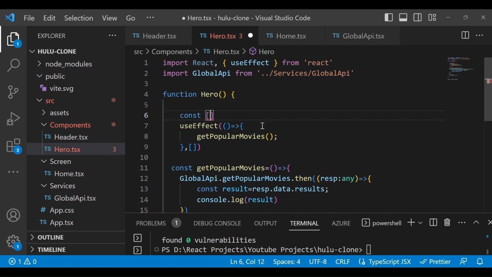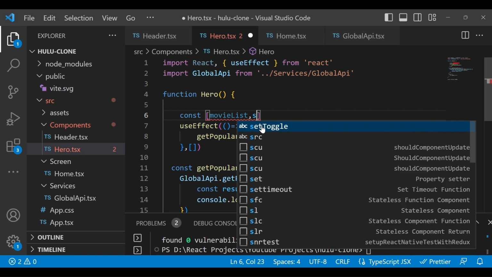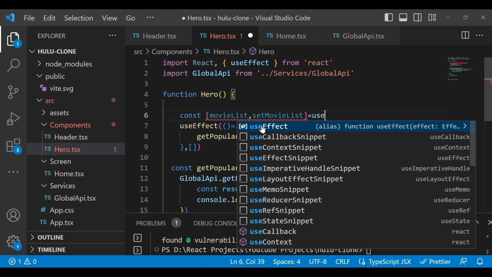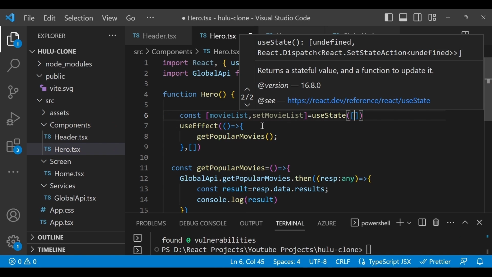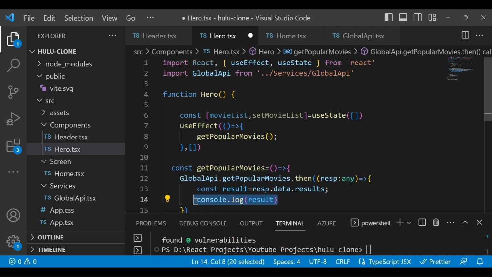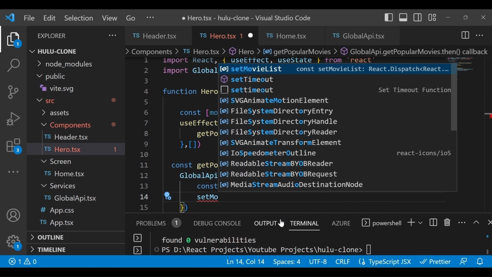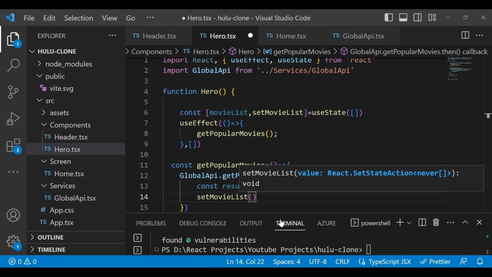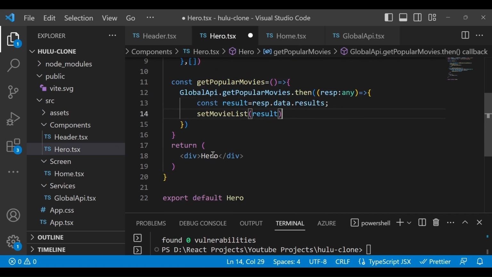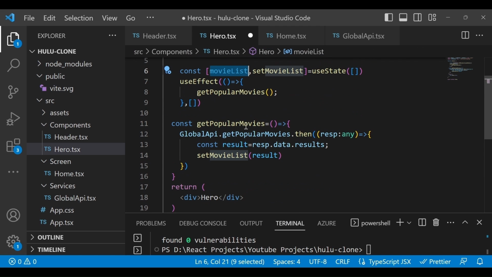I will say movieList, and setMovieList, to set the list of movies, and by default I will pass it as an empty array. Here we'll remove this console log. You just need to set the movie list using setMovieList and the results. That's all. Now our movieList contains the list of all the movies.